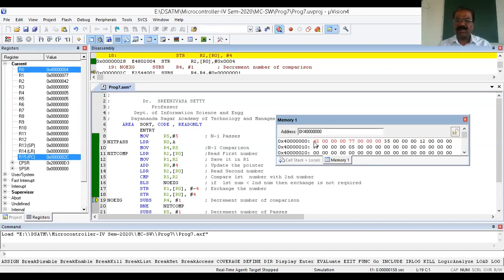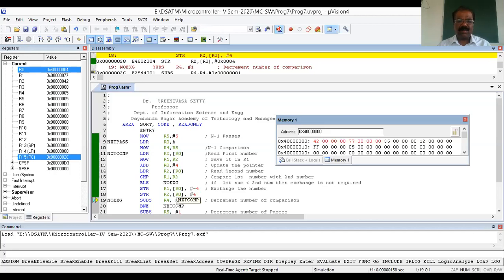So initially we know here 77, here 42. If you try to compare, the first number is larger, the second number is smaller, but after the exchange, this is 42, this is 77. Okay, if you consider these two numbers alone, this is in ascending order. You have to repeat the same procedure for everything. This is a very important step. Suppose the first number is smaller and the second number is greater, it won't require an exchange. The control directly comes to this.